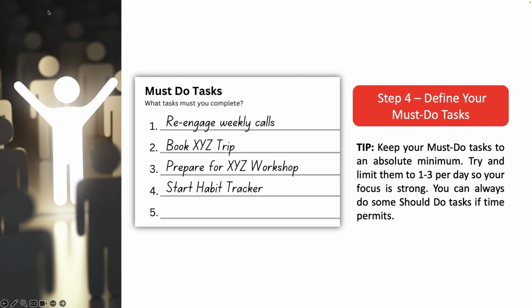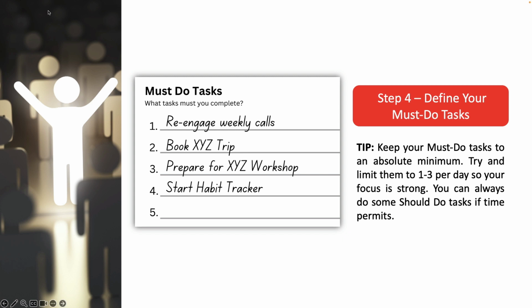Then it's about going and having a look at the must-do tasks for the week again, and then going, what are the must-dos today, right? And I'm going to say you shouldn't have, I'm trying not to have any more than 2, right? But I've left you room for 5, just in case there's some small ones there that are like, call Frank, coffee with Margaret type of stuff that you must do that you really want to put in here. But any big ticket items, make sure you don't have too many, because what I try and do is make sure I have 1 or 2 a day, and I try not to finish my day until I've done those